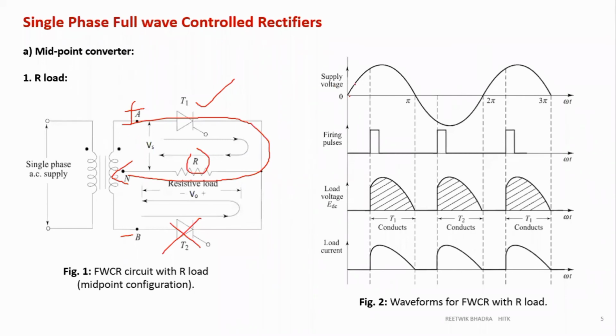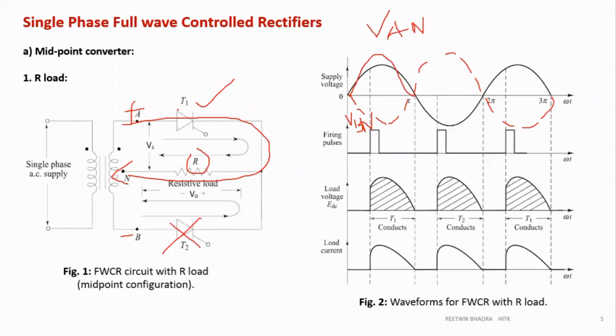What is VAN during this part? This positive cycle, right? What is VBN? I can draw the dotted line over here. It will be opposite to that. So this is VAN. This is VBN. Now if I continue the dotted line over here, I'll get this part. This is my VBN. So VAN is like this, VBN is like this.